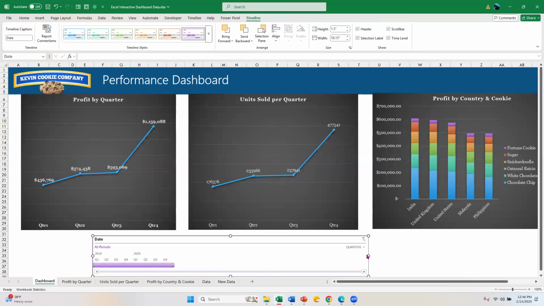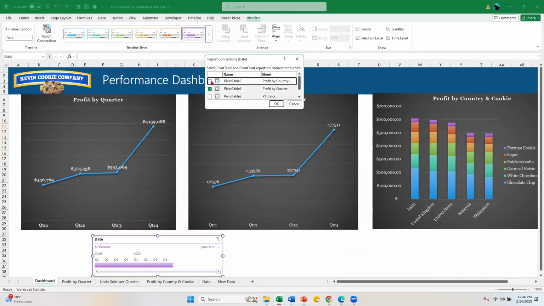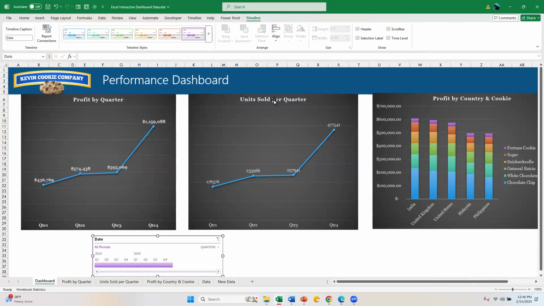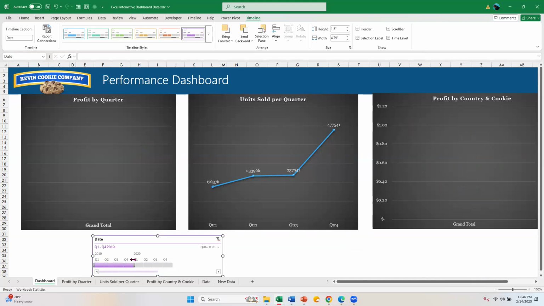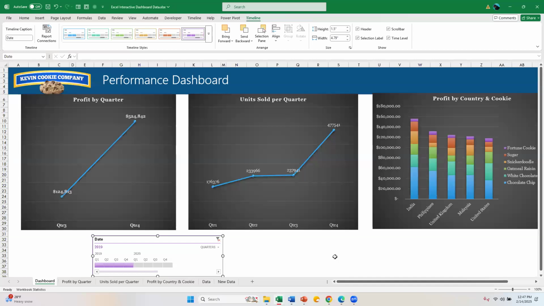That is because I need to report connections to the other 2 charts. So on my timeline, I'm going to come up here to report connections, and I'm going to put a check mark in tables 2 and 3, click on OK. And now if I say I just want the data for maybe 2019, so I'm going to select quarters 1, 2, 3, and 4 just for 2019. You can see that